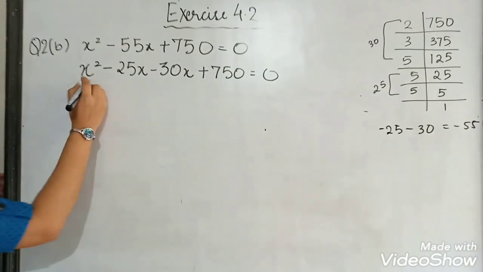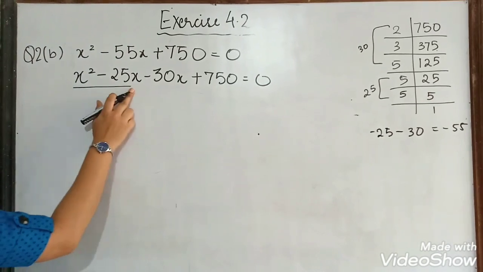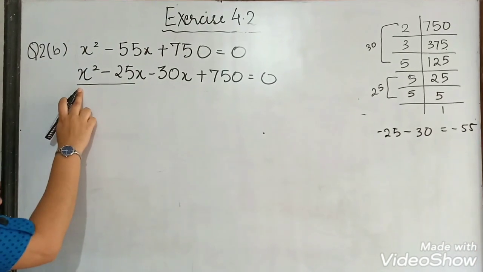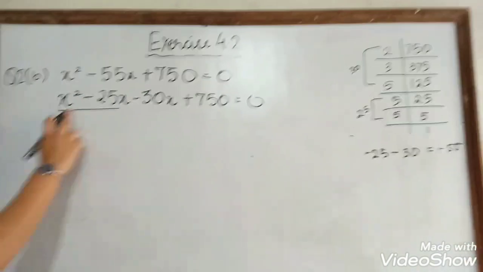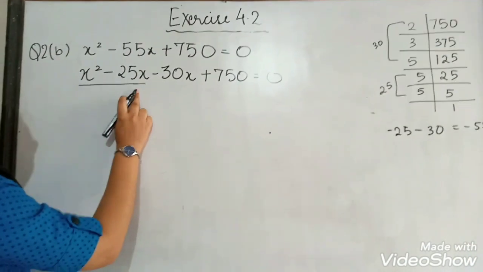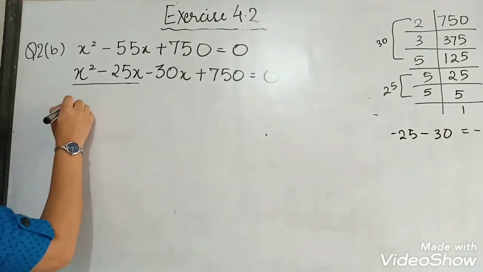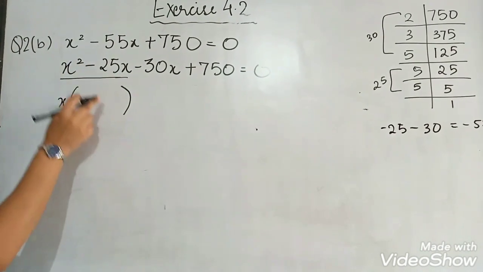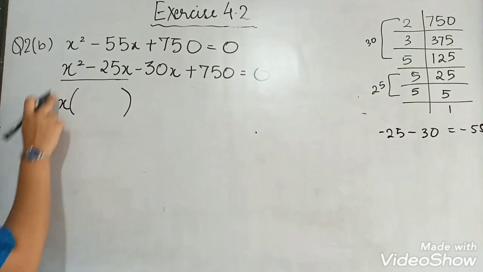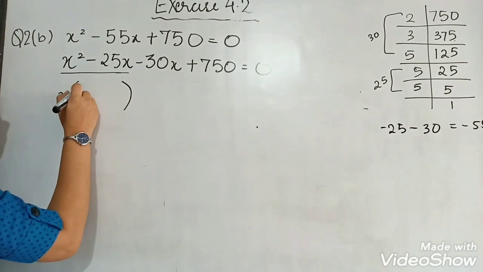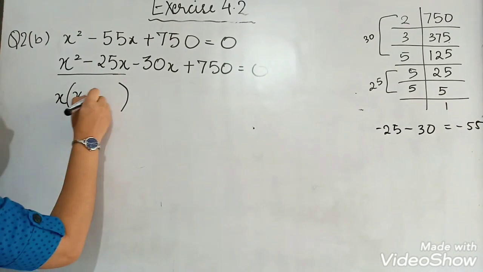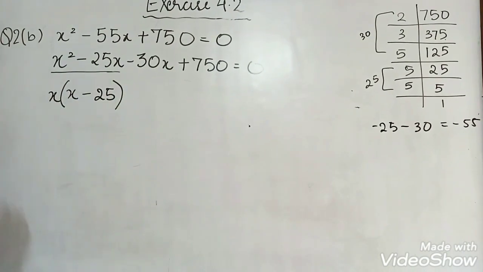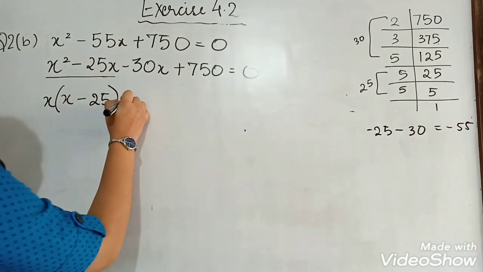Now if you take these two terms, over here we can see only x is common. This is x square, that means x is multiplied by x, and this is 25 multiplied by x. So over here we are going to take x common outside the bracket. Now whatever is left, we will write it inside the bracket. So if I have taken out 1x over here, we are left with 1x inside the bracket minus 25. Now over here this minus sign will be as it is.